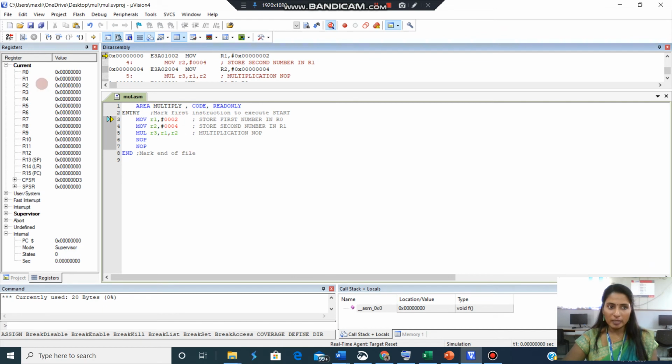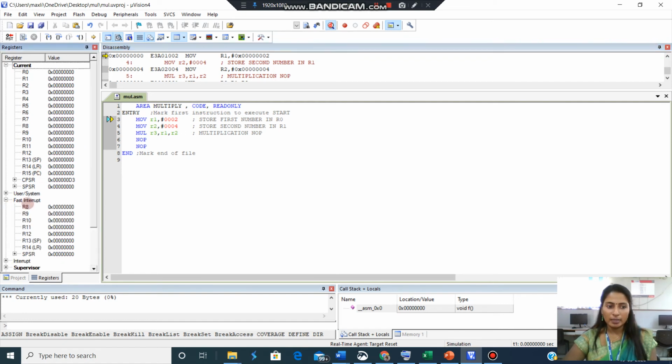So this is our program, this is the register. So in this register only we are going to check the result. You can see here, now the ARM is in user or system mode. In user or system mode, these are the registers available: R0 to R12, R13, R14, R15, CPSR, SPSR. R13 is SP, R14 is the link register, R15 is the program counter. Next, if you want to check fast interrupt, in that we are having R8, R9, R10, these are the registers. Next, interrupt, these three are the registers. Supervisor also these three registers. Like that you can check.